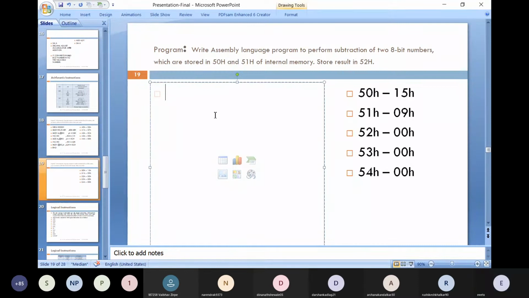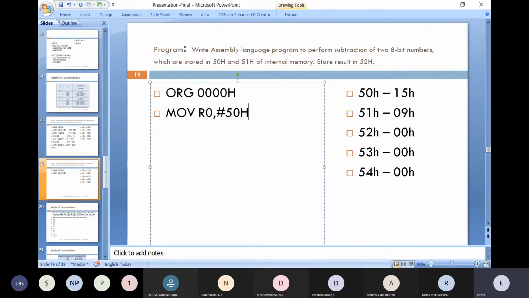So see, your first line will be the assembler directive ORG 0000H.